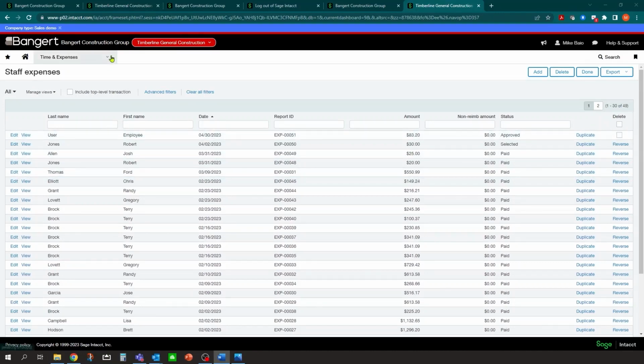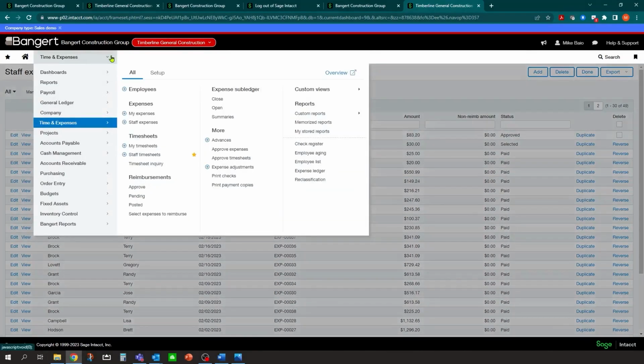So at that point, now what I can do as an admin, so this might go to the payables admin, whoever actually generates the expense checks, will take it over from there. I have the authority to do that, so I'm going to stay in there.